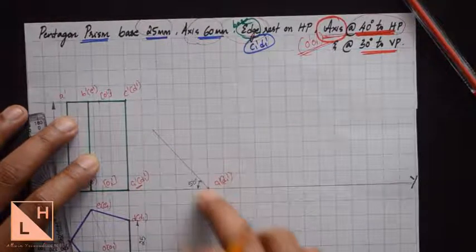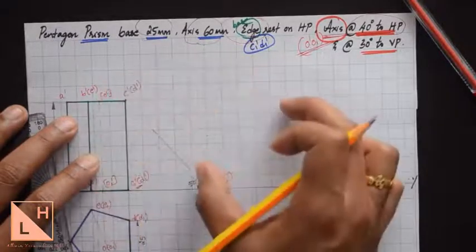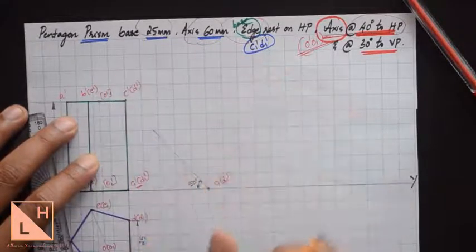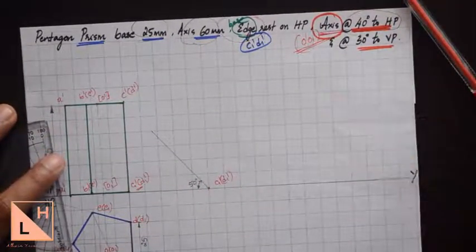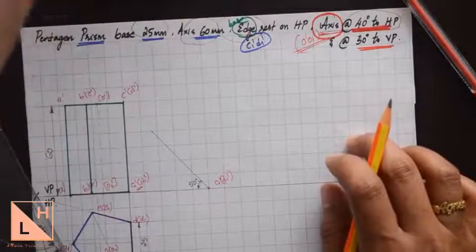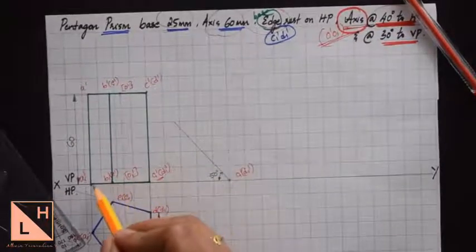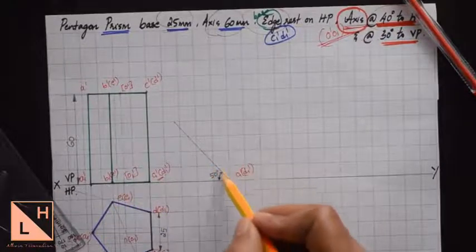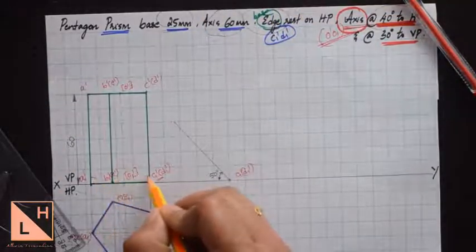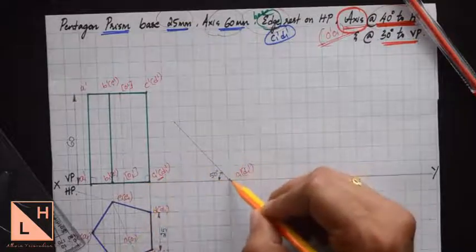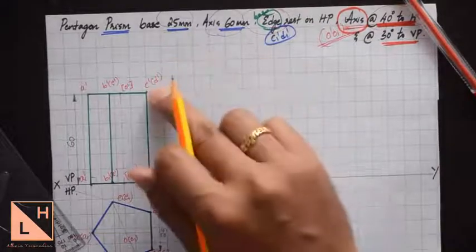So using this particular position now, we need to reproduce the same first position front view over here, but axis inclined at 40 degrees. We can do that by using arc method, or we also can draw that with the help of set squares, using which we'll be able to draw 90 degrees. Why 90 degrees? Because you can see here in this particular position, right now we have drawn a base. So in order to project the second position, you can see here these angles what we find here are all 90 degrees. So from this particular C1 dash D1 dash point, if you draw a perpendicular line, we can get the point C dash D dash.